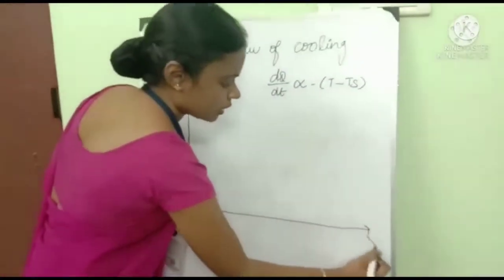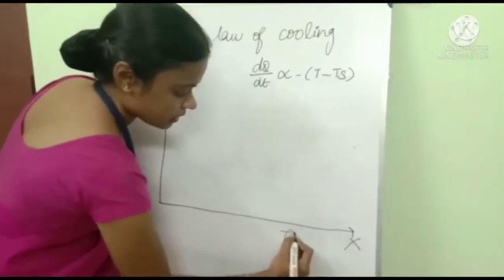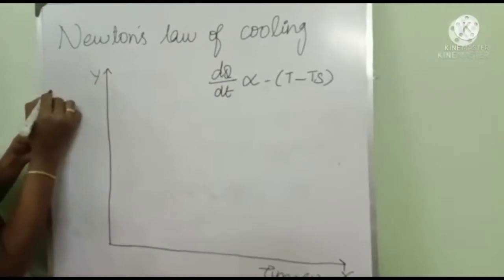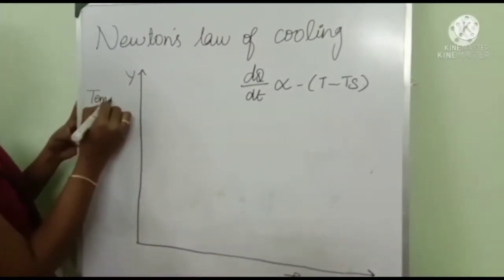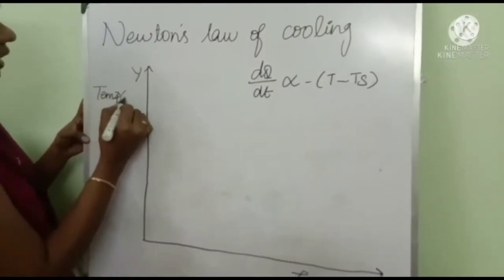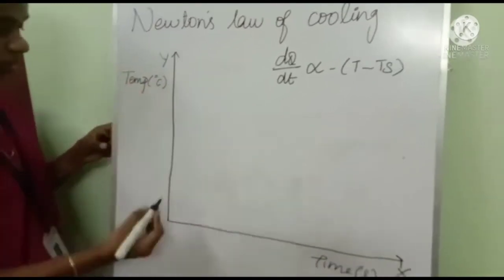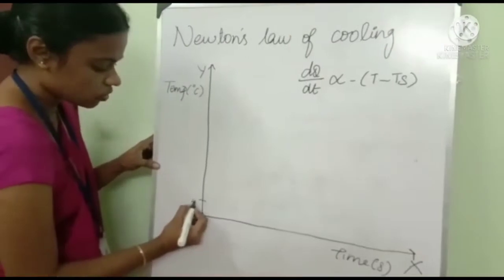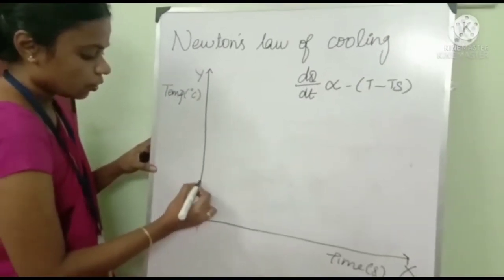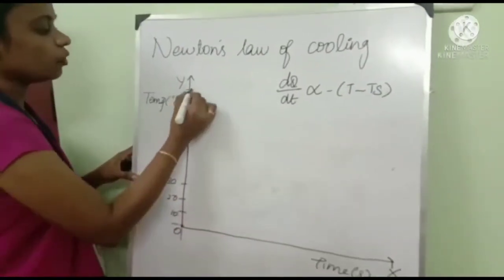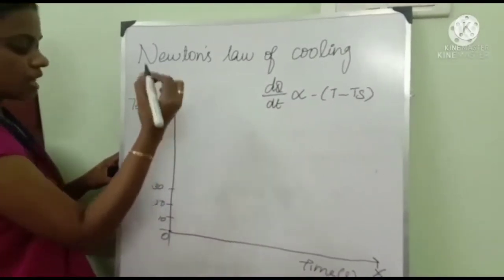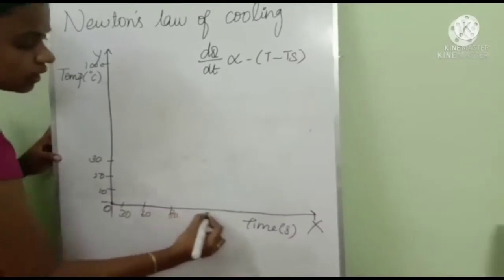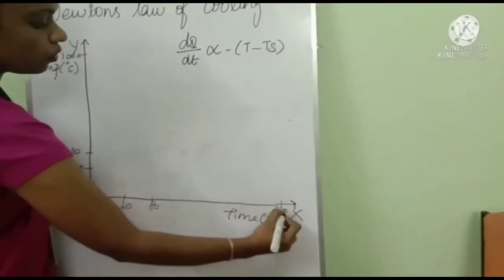Time is a known quantity, so we take it on the x-axis in seconds, and temperature is the unknown quantity, and we take it on the y-axis in degrees Celsius. This is the origin, and we can take the values of temperature as 10, 20, 30 degrees up to 100 degrees Celsius, and the values of time as 30, 60, 80 and up to 240